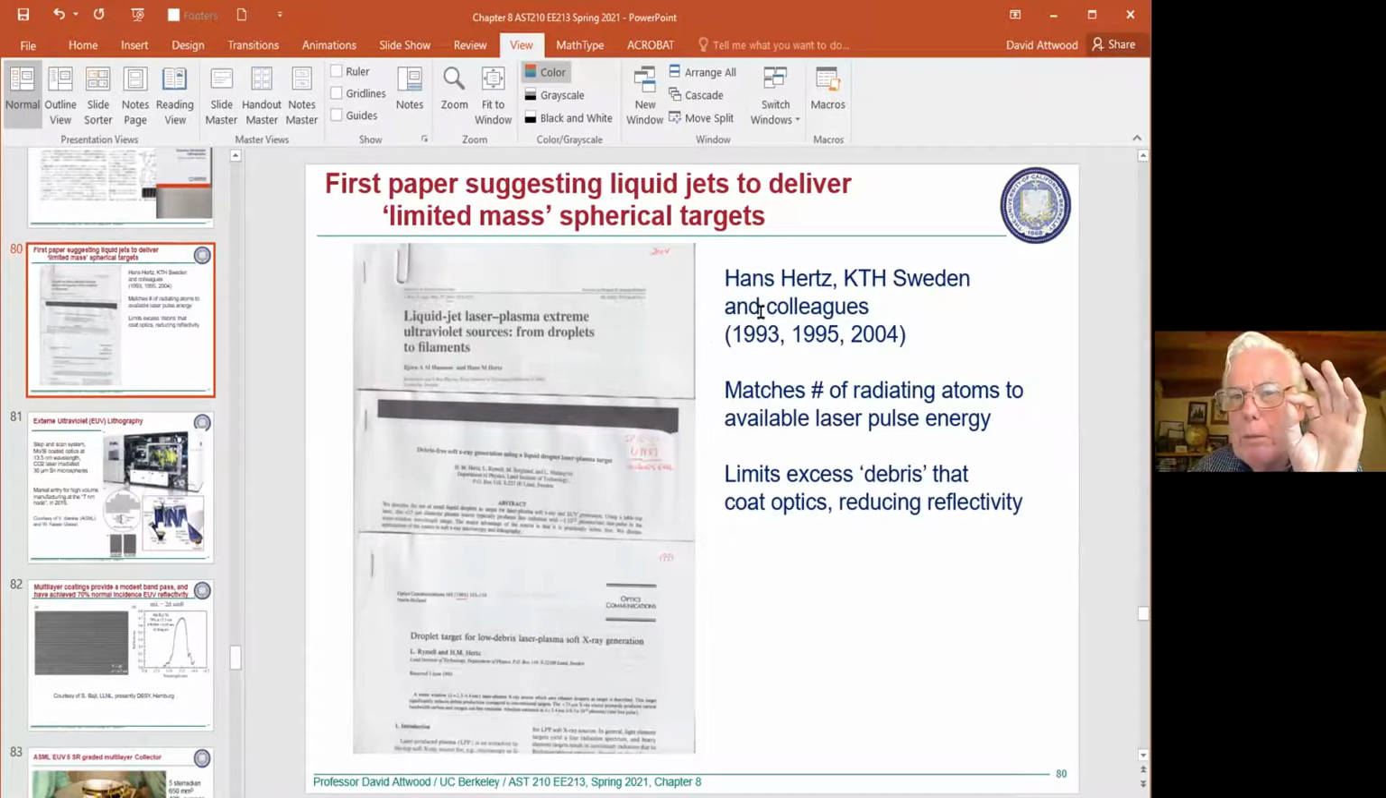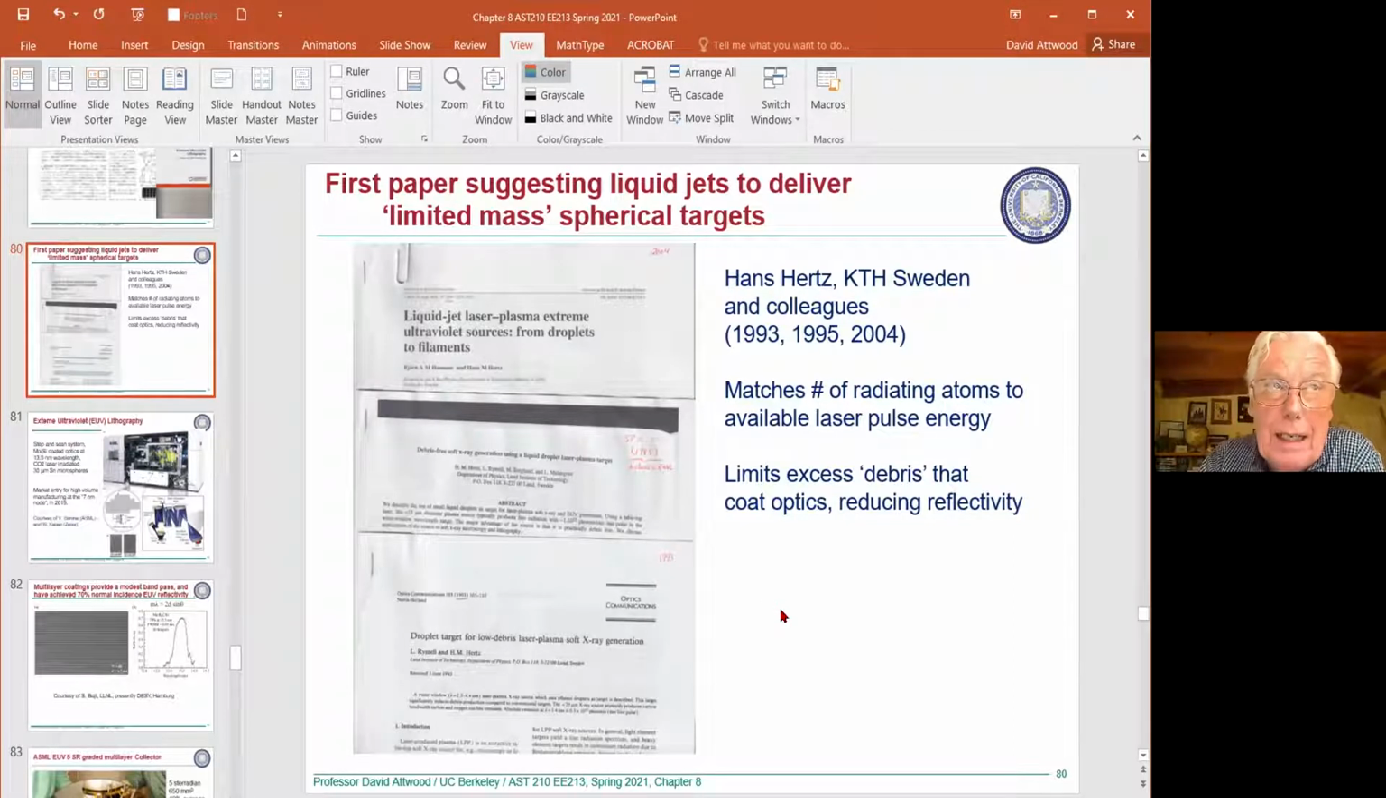Because one of the problems is when you vaporize these little targets, these droplets that are coming down, a laser hits them and they vaporize, where does the vapor go? Where do all those ions go? Unfortunately, a lot of them wind up on your first optic, and it coats it and degrades the optic. So Hans Hertz had this idea, liquid jet laser plasma, extreme ultraviolet source, and he talks about the droplets. He had several papers on that. And